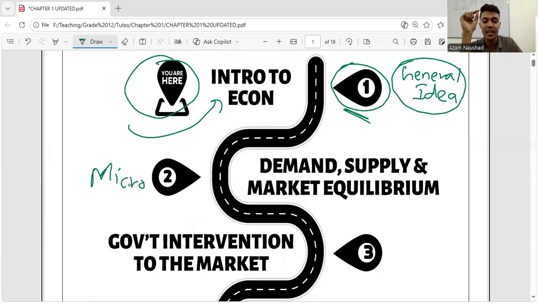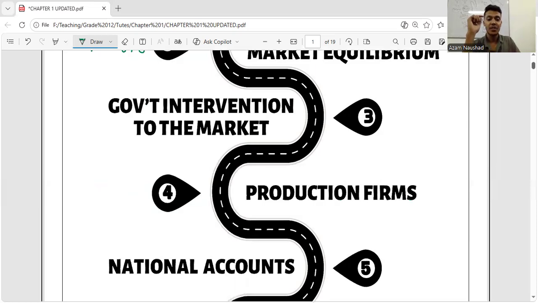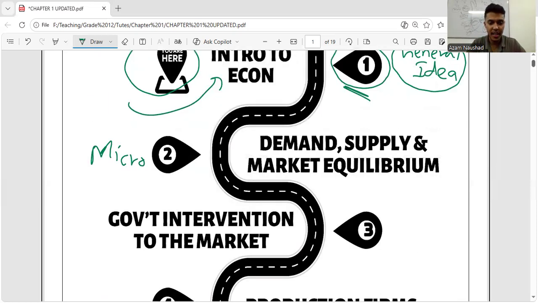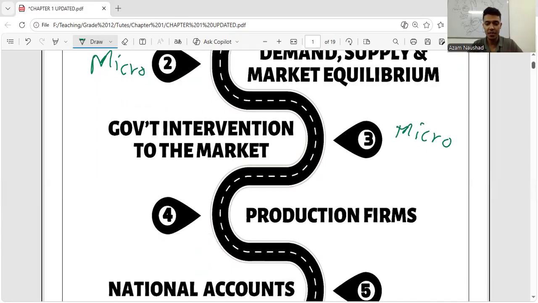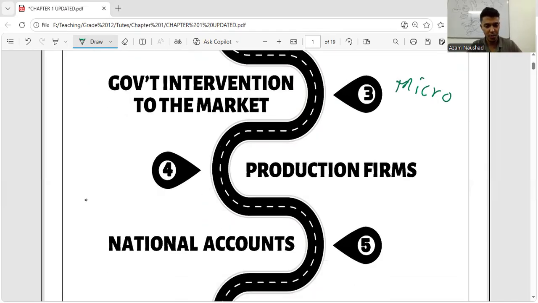This is a microeconomic chapter, which means you are not going to analyze the entire economy, the entire country. You are just going to analyze a specific thing, a small portion, right? You don't need to worry. Still, we didn't start off unit number 2. So in unit number 3, even though the term says government intervention, unit number 3 is still micro. I'll tell you the reason later. For the time being, just make sure to write the terms that I'm giving. Micro. Once again, production firms, write it as micro, unit number 4.